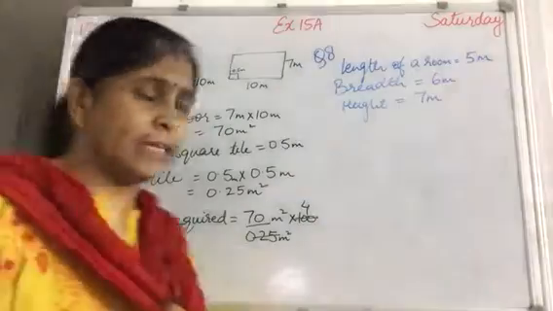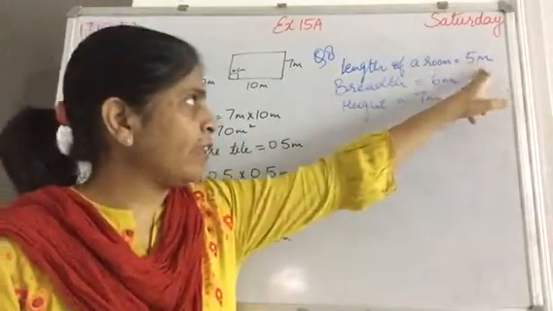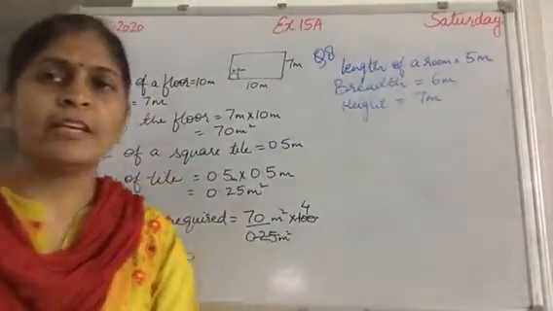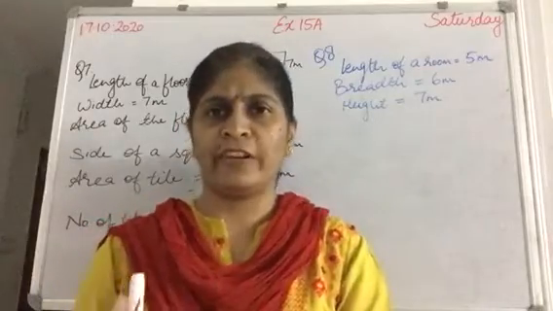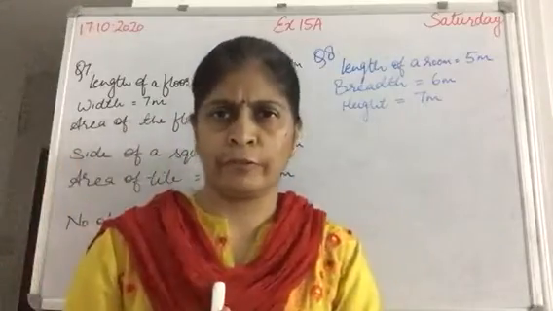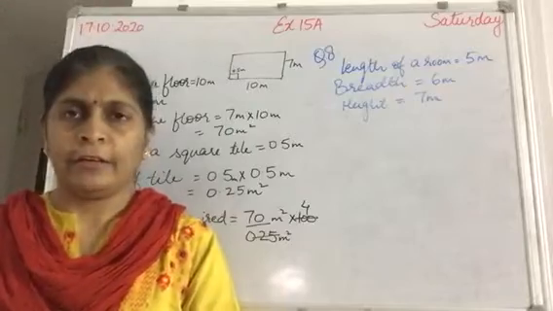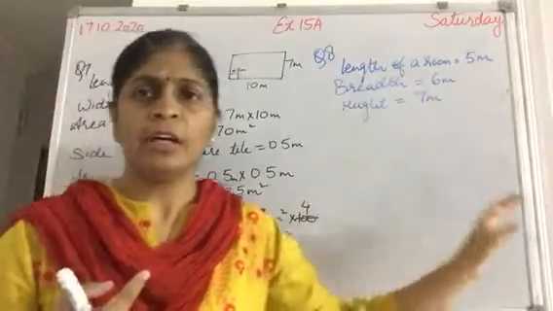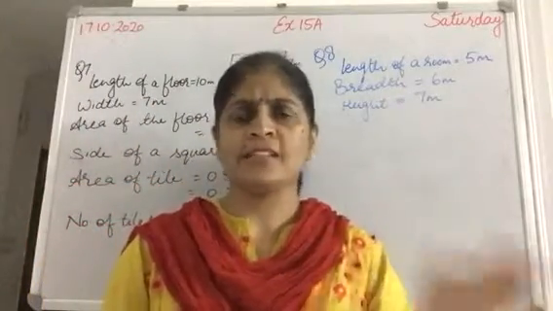Now question number 8 says that a room is having a dimension of length 5 meter, breadth 6 meter and height 7 meter. Now there is a door whose dimension is 1 meter into 0.5 meter. Now 1 meter is the length of it and 0.5 will be the width of it. And this room, 4 walls are to be painted. Now you can see that the texture of the walls will be different from the texture of the door or windows. Yes, the paint is different.